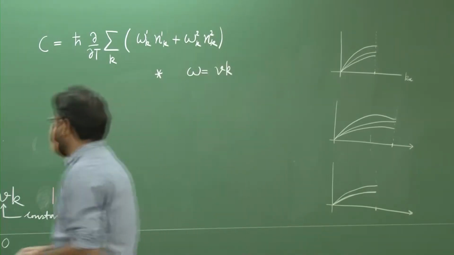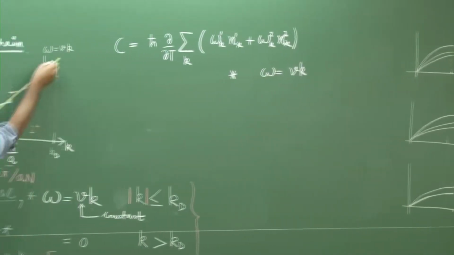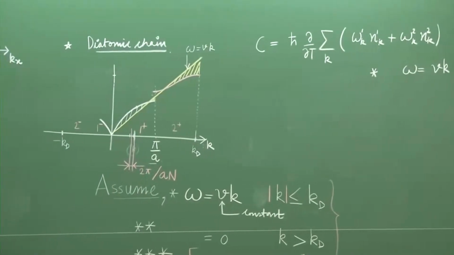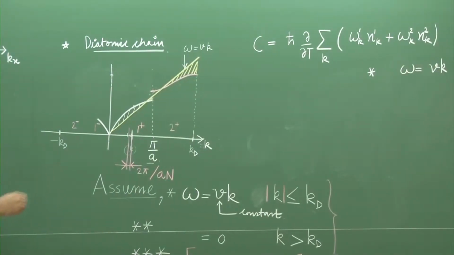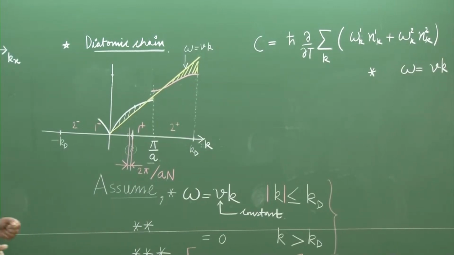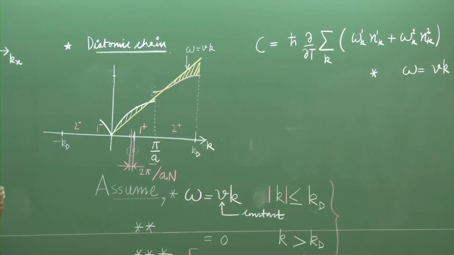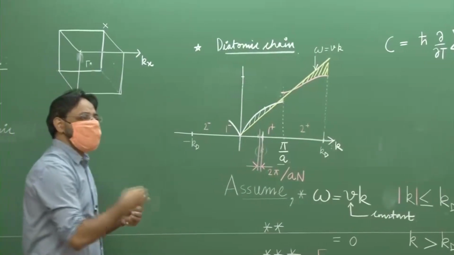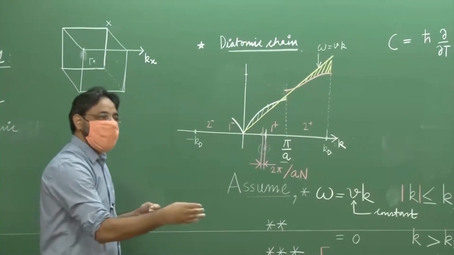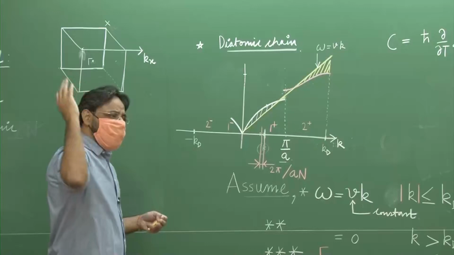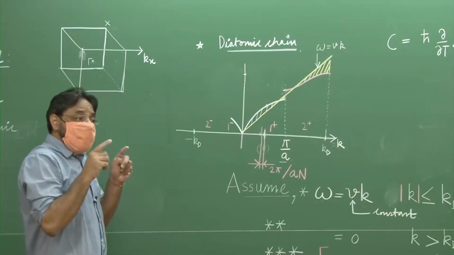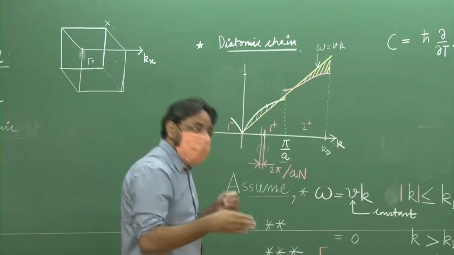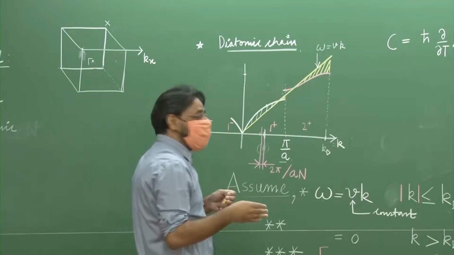So when omega is linear, for instance, on an elastic medium, on a string, when you excite waves, for those waves, the dispersion is linear, right? So that is what Debye thought. He thought that the matter is just a continuum, okay? And the waves travel as the waves would travel on a string, and therefore he said omega is equal to Vk. But he was also aware that he has to put a cutoff, and that cutoff will come from the